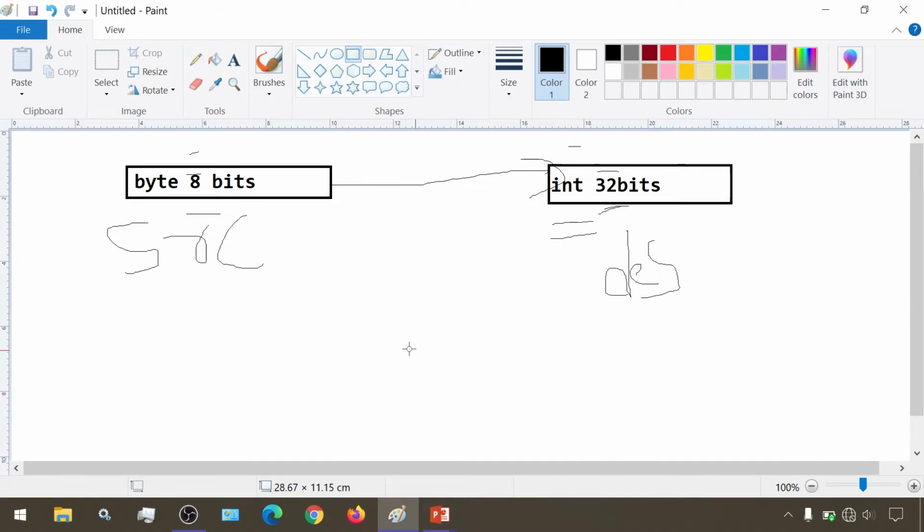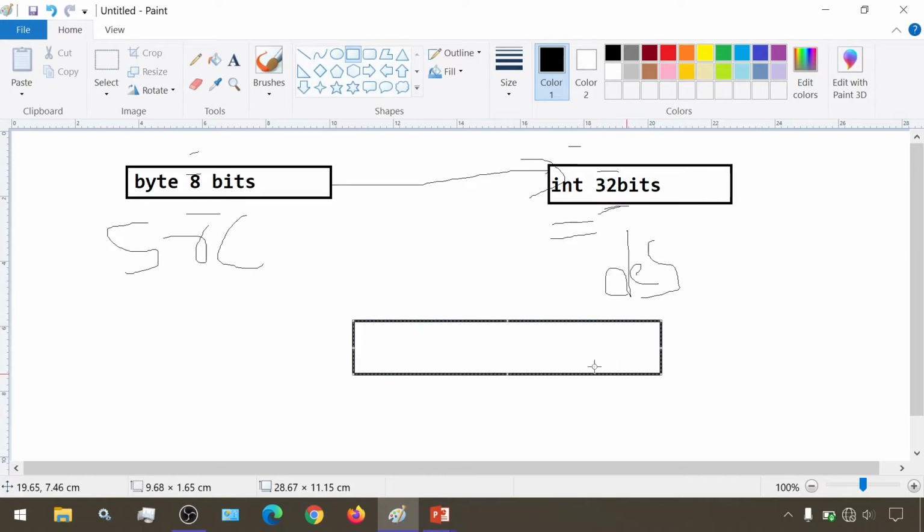So why this happens automatically is, let's say we have a byte variable v with the value of 4, and now suppose this is the binary memory representation of this number 4.